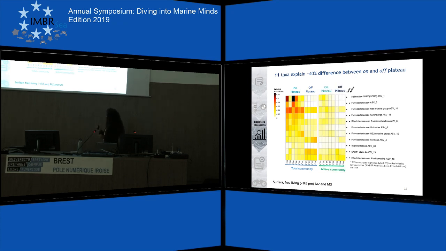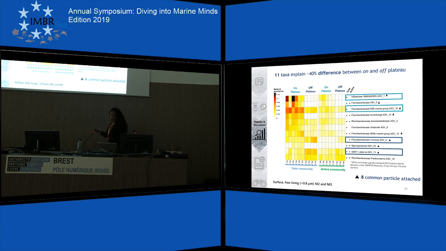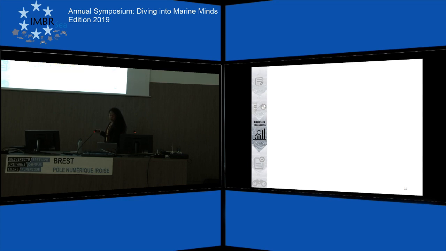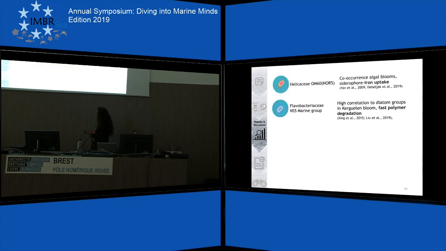This figure is only for the free-living fraction. However, I also performed the analysis for the particle-attached, and there are some taxa that are actually common in both. And as I cannot talk about all of them, I will take two examples that are highly relatively abundant over the plateau, and two taxa that are higher in relative abundance outside of the plateau. So let's take a look at what kind of things these guys do. In the case of the site that is over the plateau,